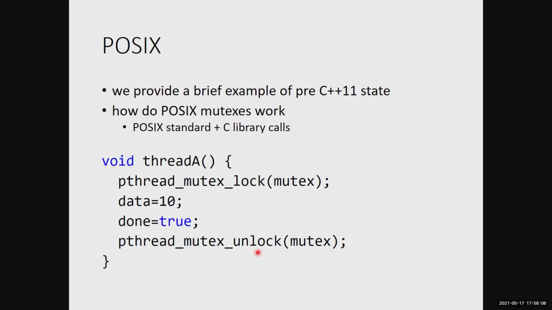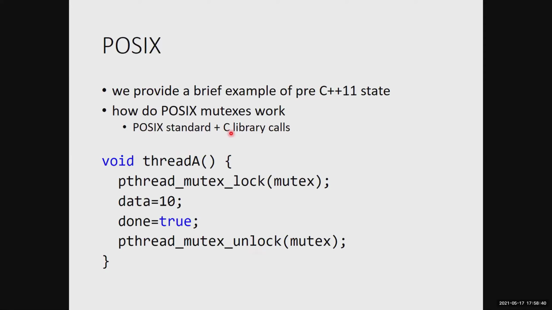So as you probably know, C++ didn't really have a memory model until C++11. So we also spend a bit of time explaining to the students how things worked before. So if you take, for example, POSIX threads, how could they work without a memory model? And that's the combination of the POSIX standard, which requires some propagation of the changes between threads, and also the